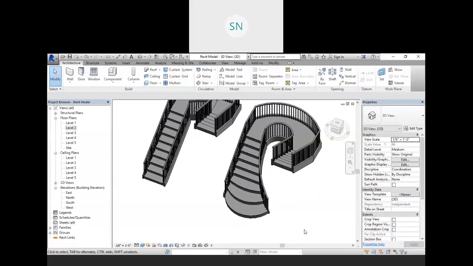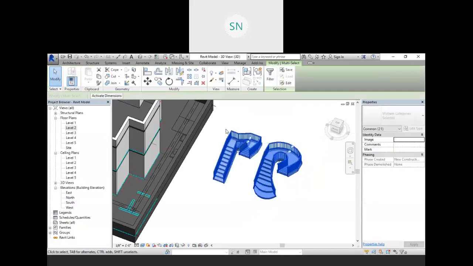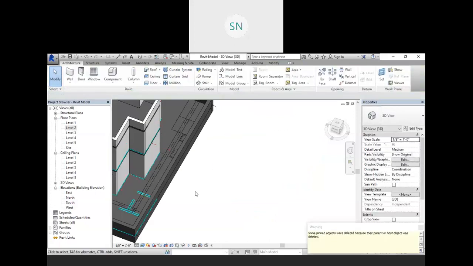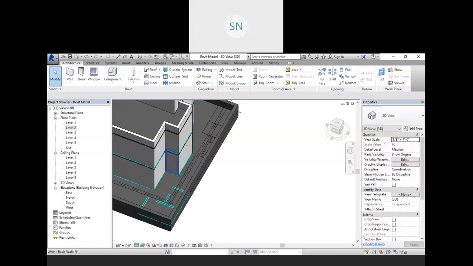It is not necessary to use exactly the same type of stair that is given to you, right? Just do something innovative yourself. Now here I'm going to delete this, and let's go to our level 2 again,